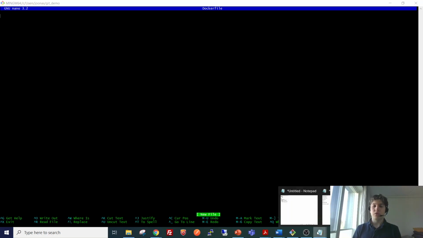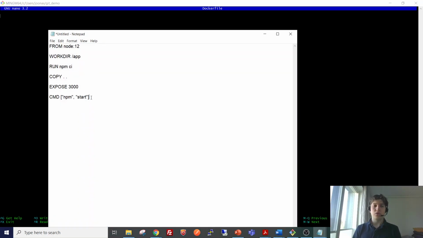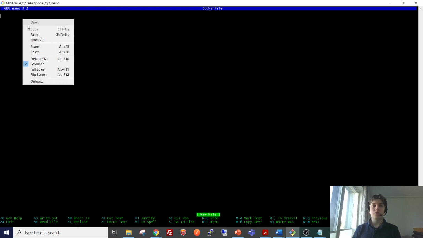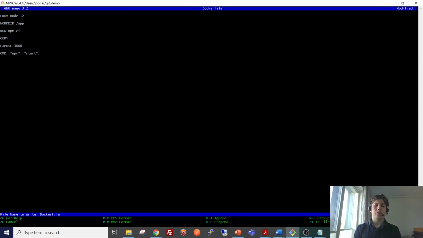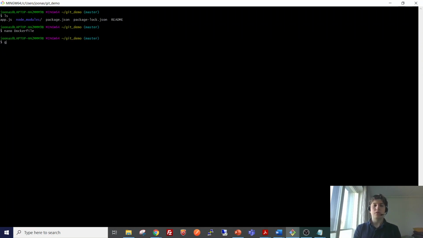I actually have the contents of the Dockerfile ready here. We can just go ahead and input them here. Then I'm going to add the Dockerfile and commit the change. And finally push it.